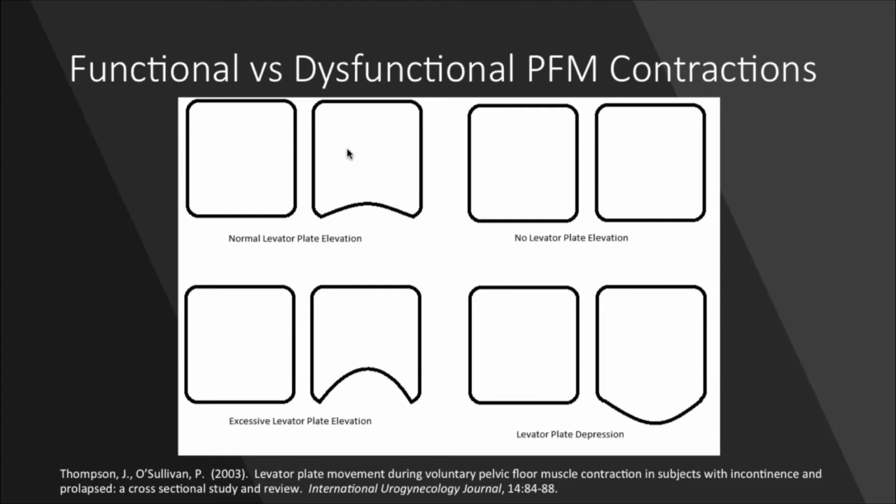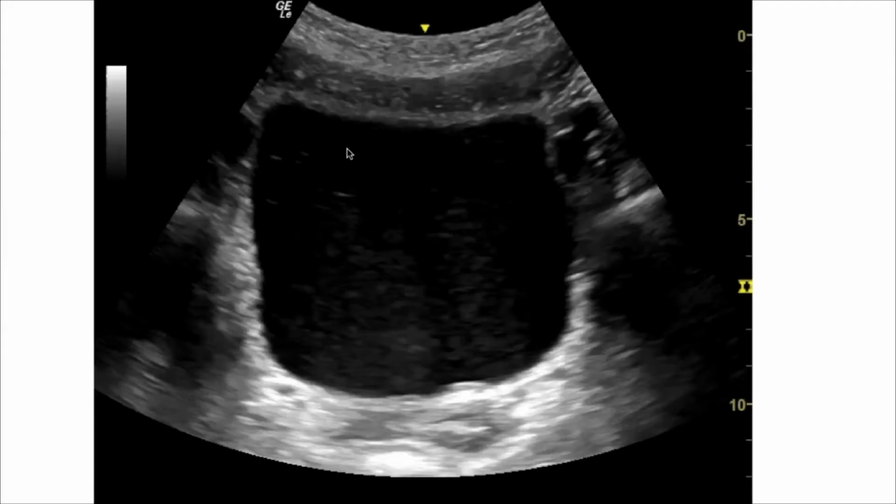So when we're looking at this image and we ask our patients to do a pelvic floor contraction, what we're going to assess is: is there any movement of the bladder or any movement of the levator plate, and do we see the lift? Do we see a depression? Is there an excessive amount of movement? And then we can assess, are they able to cognitively make this contraction, and can this contraction occur automatically without us instructing them?